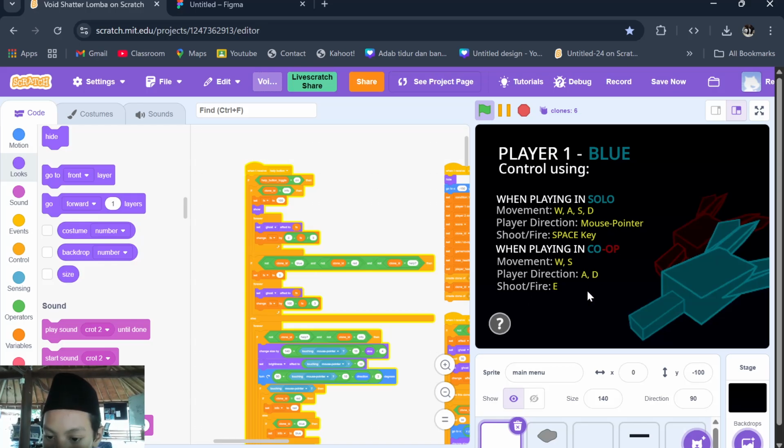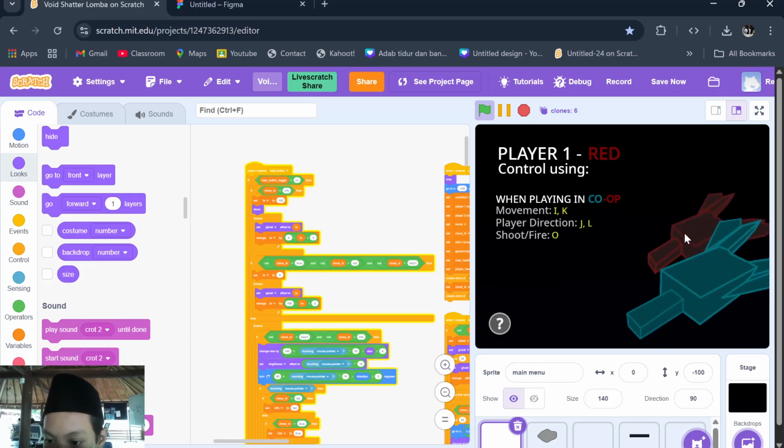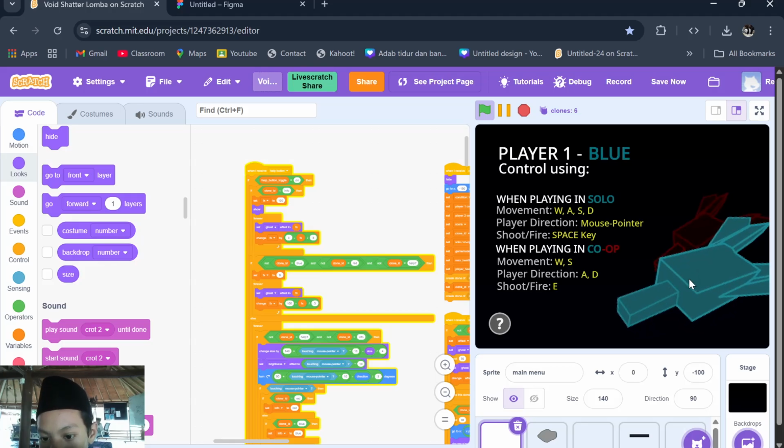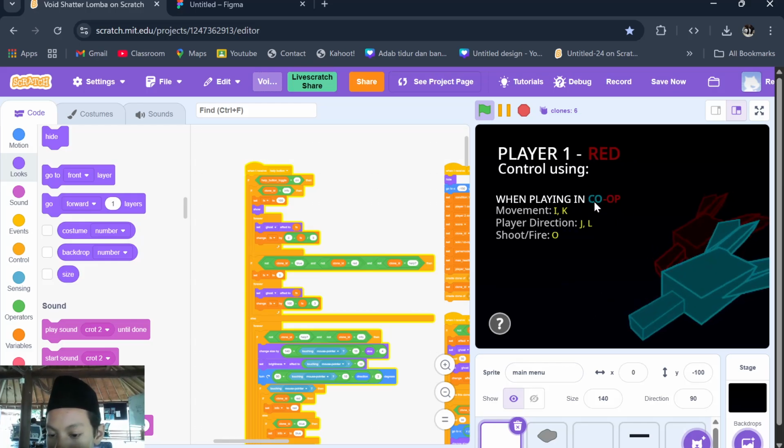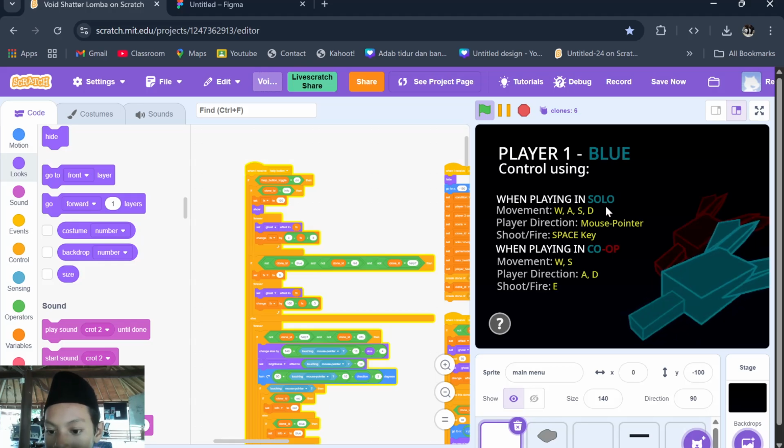If you are controlling the blue player, which is player one, and the red plane is player two, the controls are in the image like this. This is when you are playing in solo, and this is when you are playing in co-op.